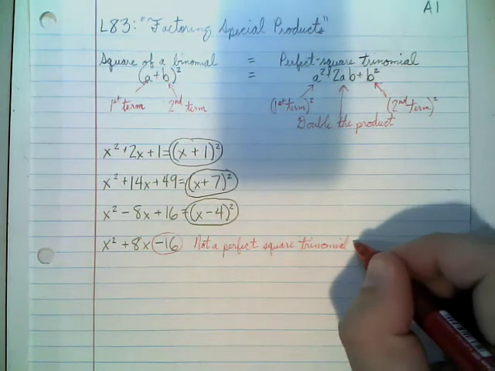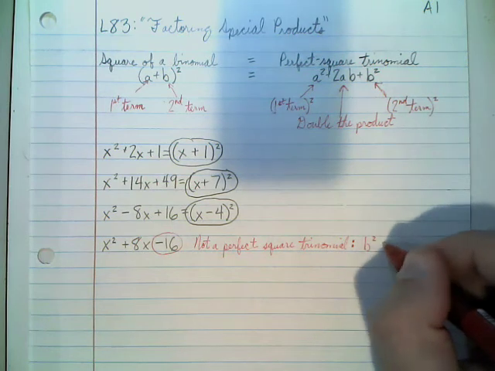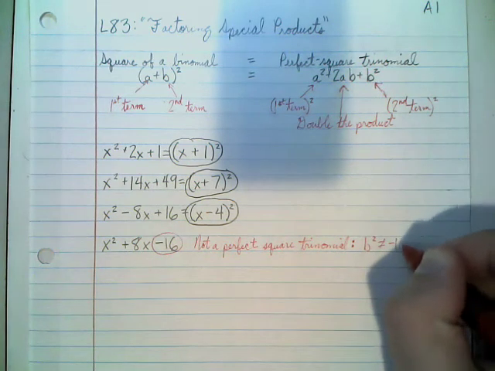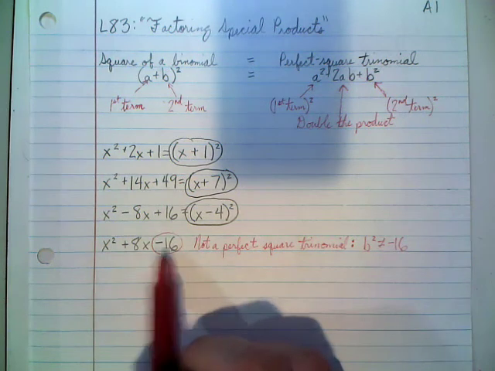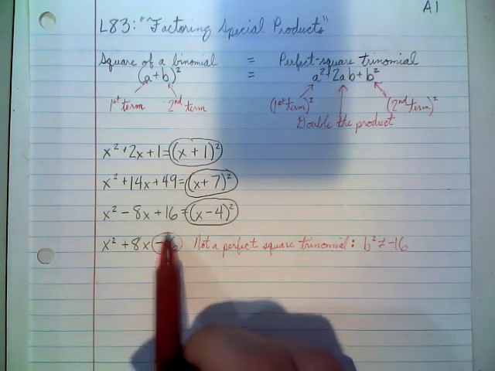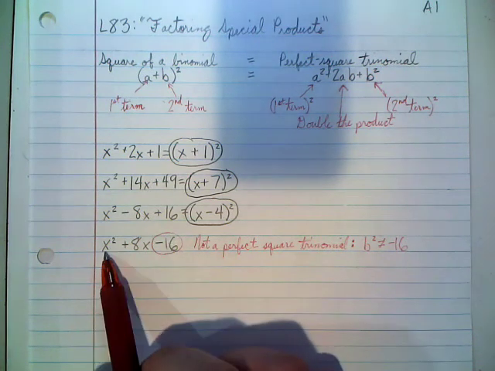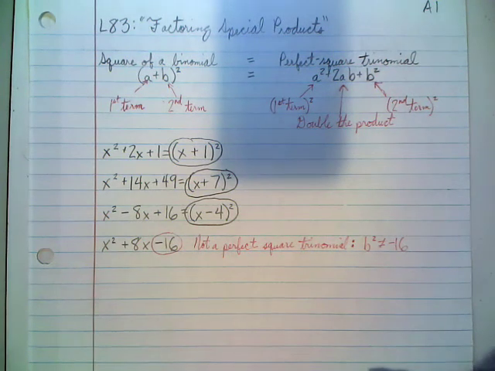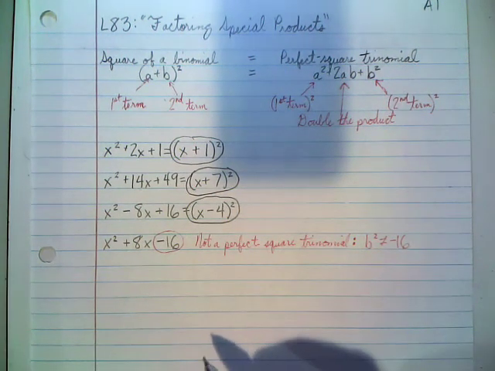And the reason for this is because b squared cannot equal a negative 16. So ladies and gentlemen, one of the things that you can check for real quick when you're doing these is this should be a positive term and this should be a positive term because we're squaring them. If they're not, if either one of these is negative, we've run into a little bit of trouble. So, moving on,